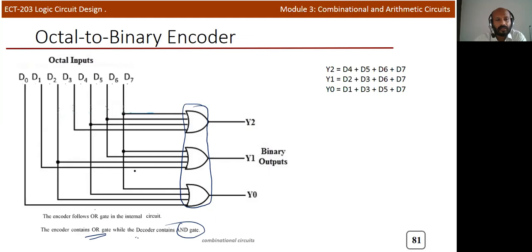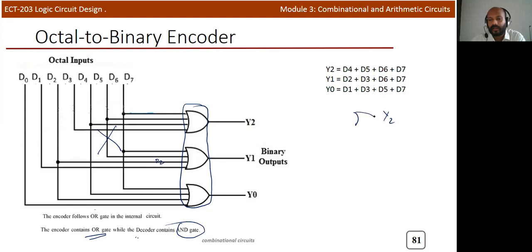Okay, I think some correction. No, it's actually D2. D2 is here, and D3 we need to connect. D3 is... I think we need to reconnect this. I will draw the direct circuit. Okay, some problem with the circuit. So we can design Y2.